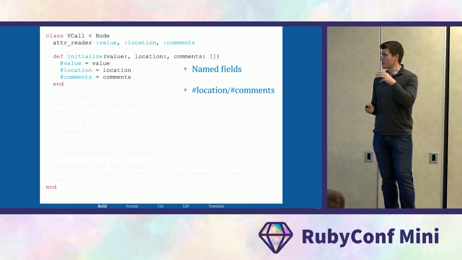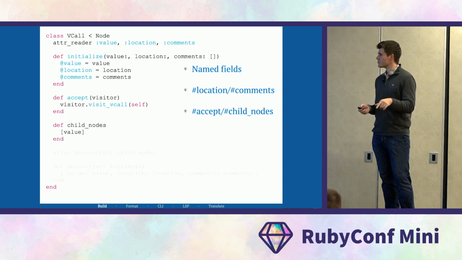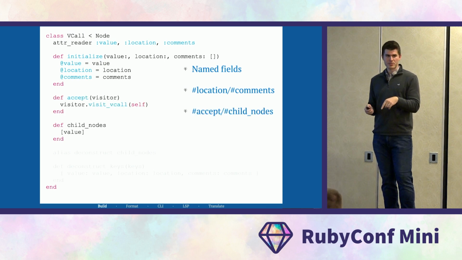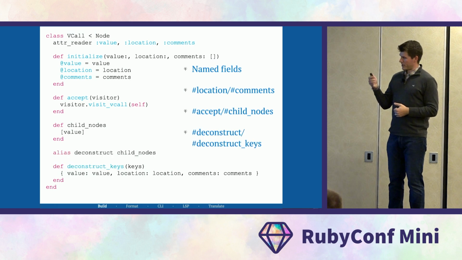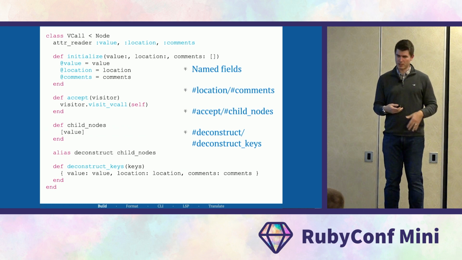We provide the ability to look at the location, which is the source location of that node. We provide any comments that have been attached to the tree. I'll talk about that in a second. We provide the accept and child nodes methods, which are part of the visitor pattern that we described earlier. And finally, we provide deconstruct and deconstruct keys, which provide the Ruby 2.7 pattern matching, which is super nice and